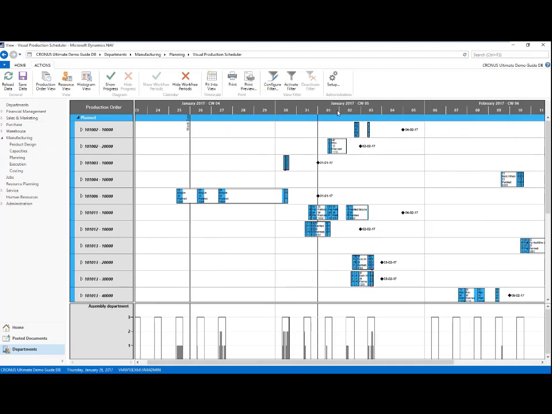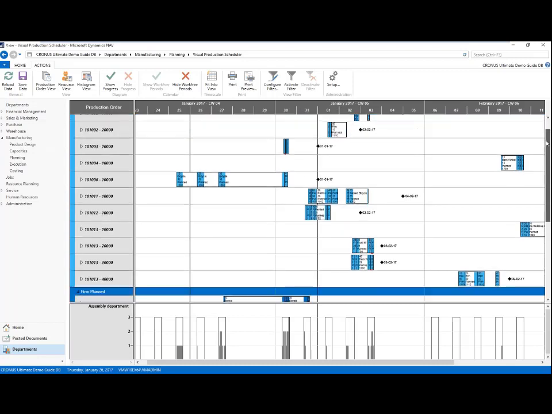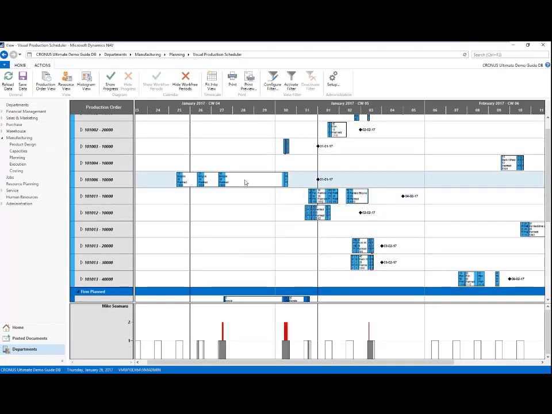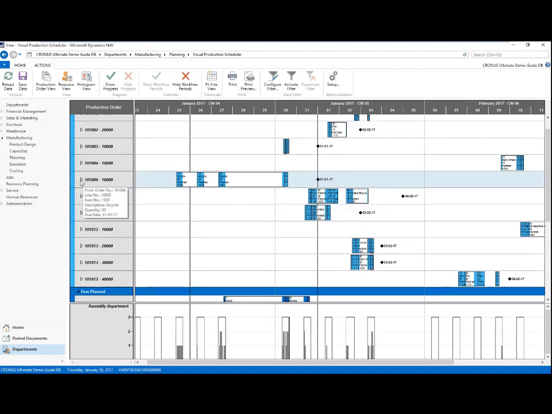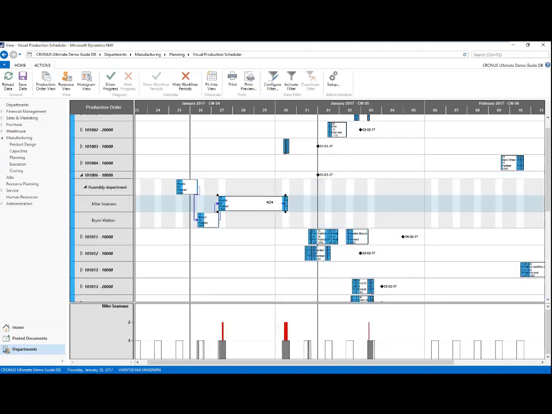And this functionality of the easy timescale scrolling with the mouse wheel can be done across all of the products of the entire suite. And this brings us into our third point, actually, so our third feature, which is the full integration we have with NAV, so with standard NAV. And we can see that here,